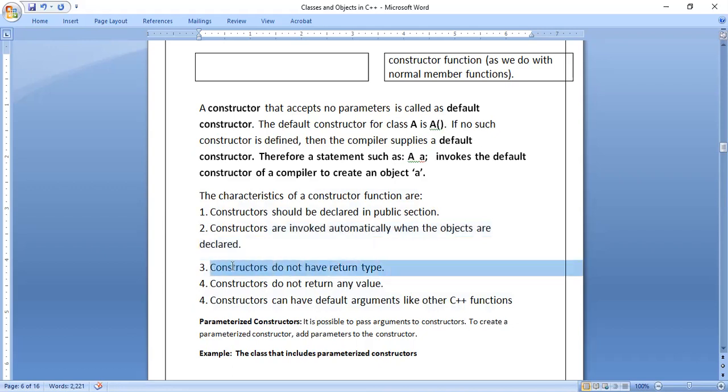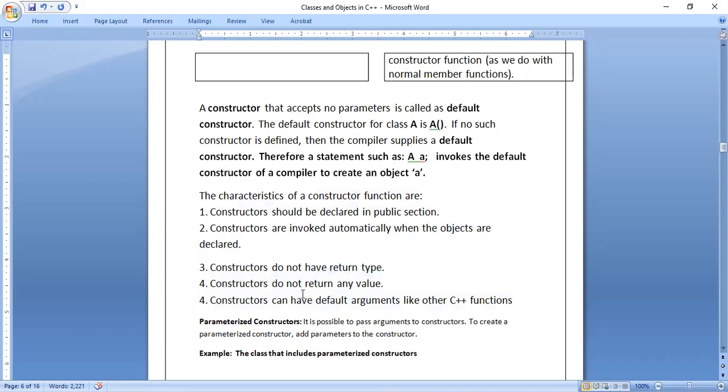Constructors do not have a return type. Generally, when we write functions, we can write the return type like int, float, char, double, void, boolean. These are the basic types. In the case of a constructor, you don't need to write any return type. Directly write the function without writing any return type.